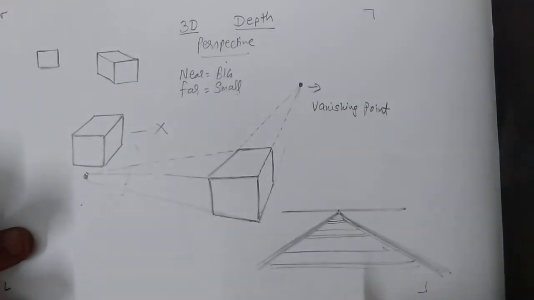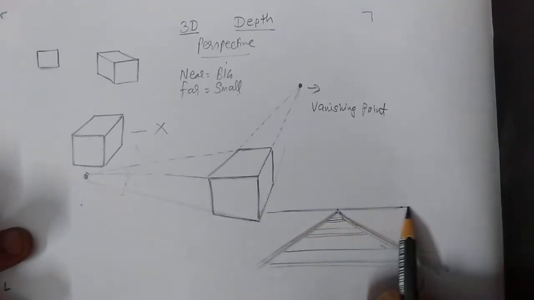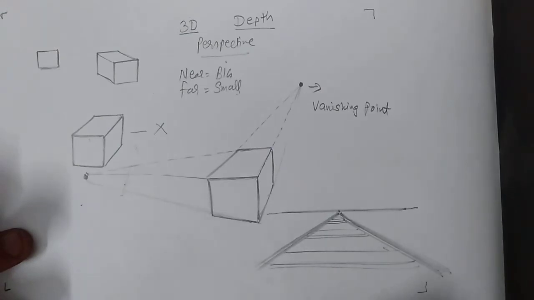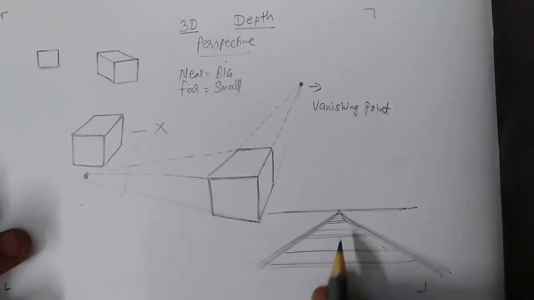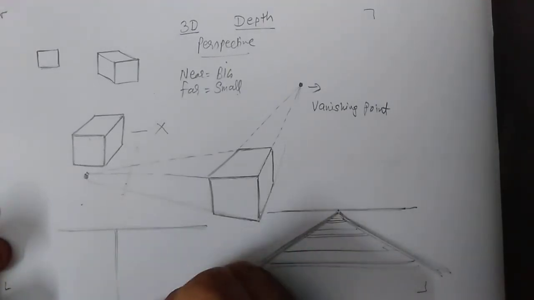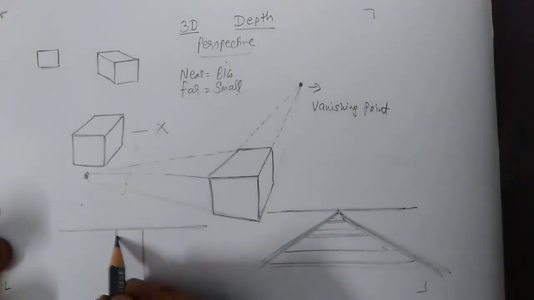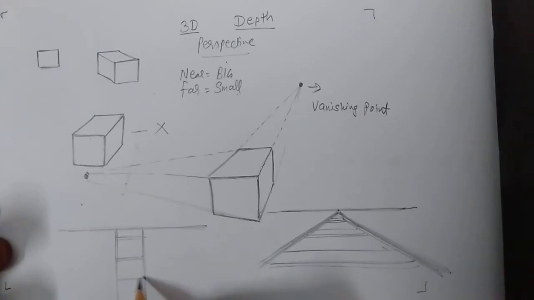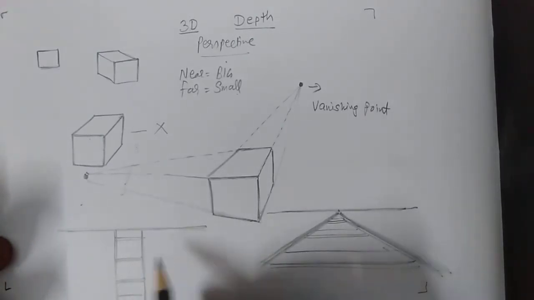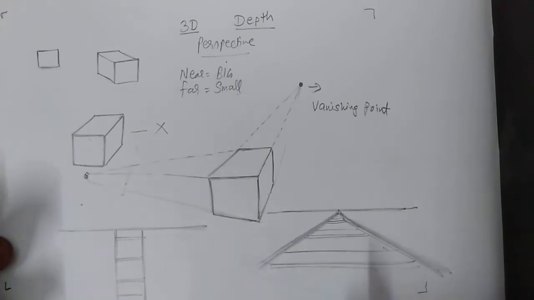Just imagine a deep desert, and this is the horizon of the desert, and a railway line is going. But you can say that railway lines, they are parallel to each other. So you should make it like this. This is the horizon, and these are the railway lines which are parallel like this, and these are the partitions of the railway line. Anybody can say the drawing should be like this. Why it is like this? It is like this because we have to create a depth, that is a 3D effect.